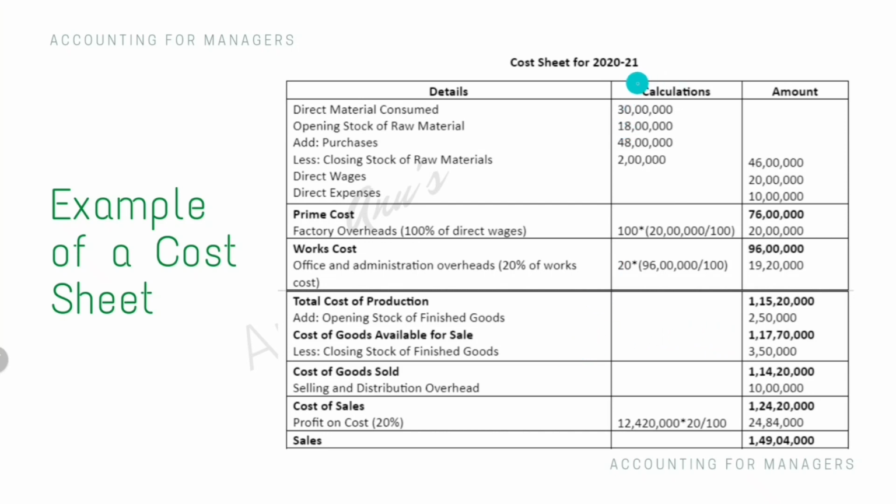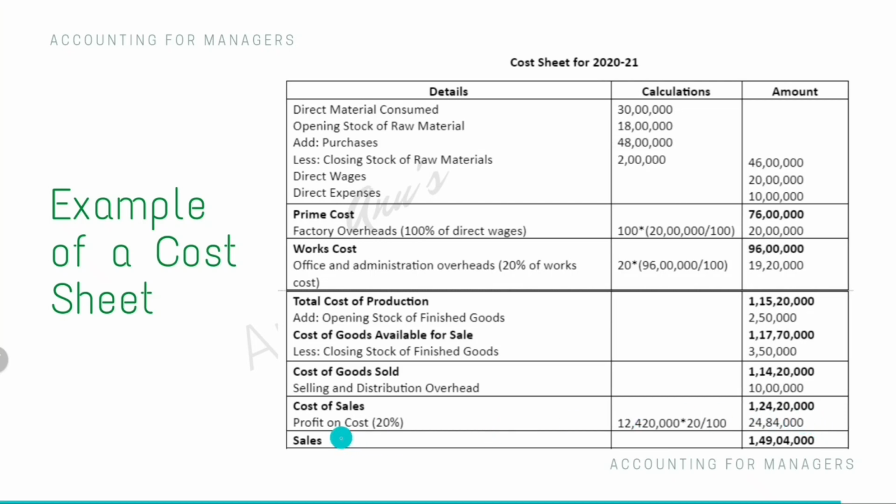At the end of this period, that is at the end of 2021, while we were preparing the cost sheet, we had 3 lakh 50,000 rupees remaining. That is the closing stock of finished goods, so that we can reduce it from this cost sheet, making the cost of goods sold equal to 1,14,20,000 rupees. And to sell those things, they had to add a selling and distribution overhead of 10 lakh rupees, making the total cost of sale as